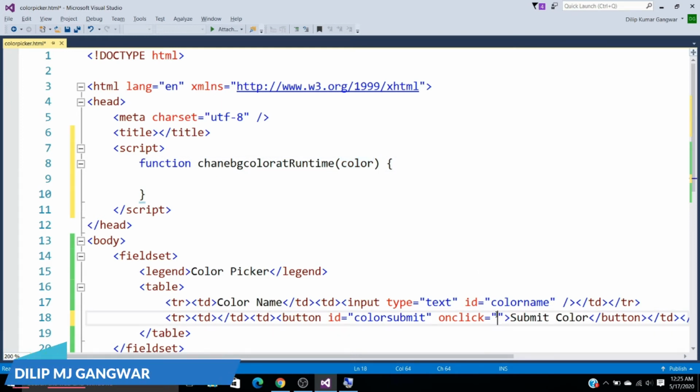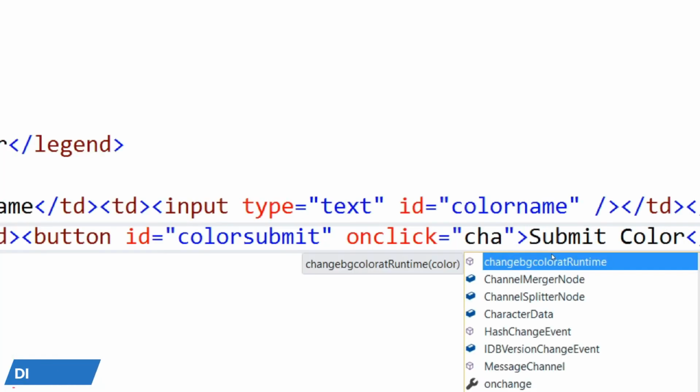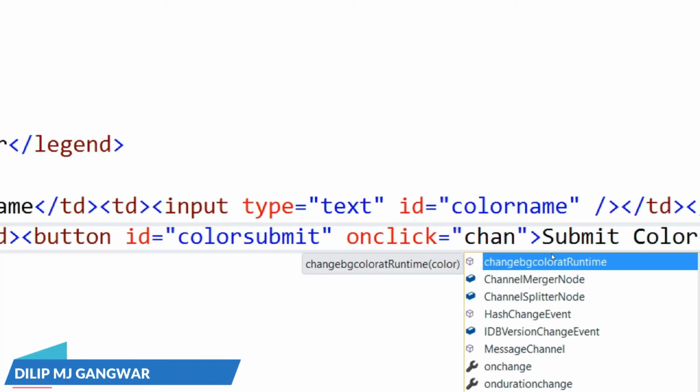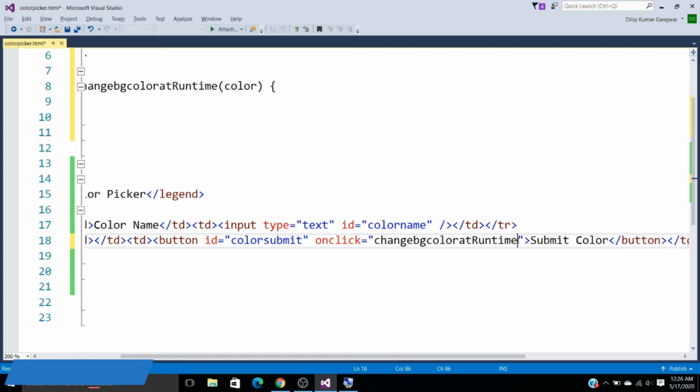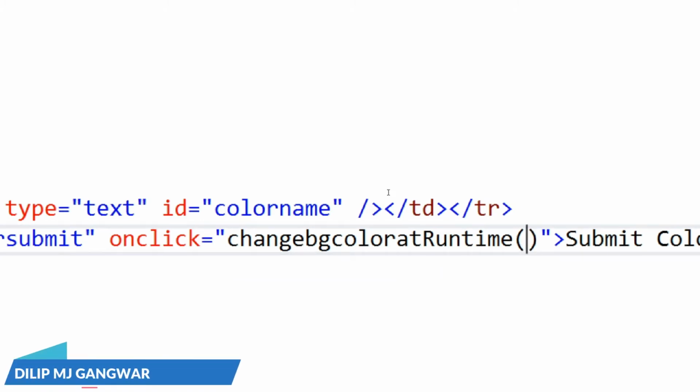Okay, so I am calling that function. What is the function name? Change, the function we have created is showing here. Okay, this is the IntelliSense. You know the parenthesis we have to put here. As we write the parenthesis, you can see the variable name, color. So how to take that color from that text box?